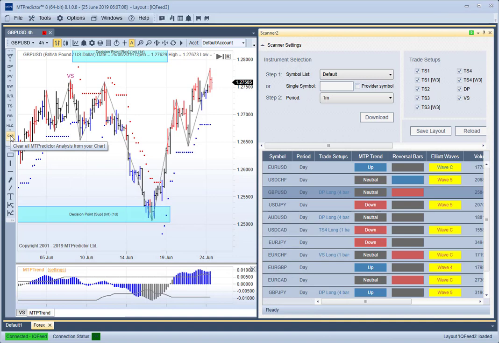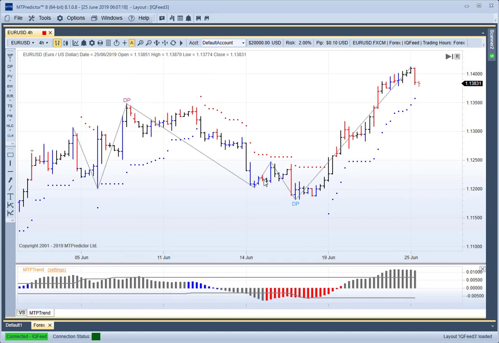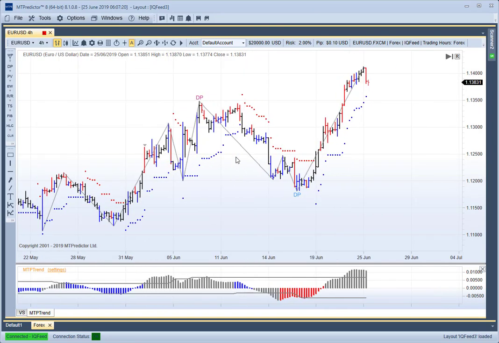Right, let's come down to our standalone version, and I'll just change onto the euro chart here. You can see there's our scanner there, so I'll just change onto the euro chart. I'll just hide the scanner away so we've got a bit more space. Right, this is what I want to look at. I want to look at the euro US dollar, and in particular the rally we've had here over the last